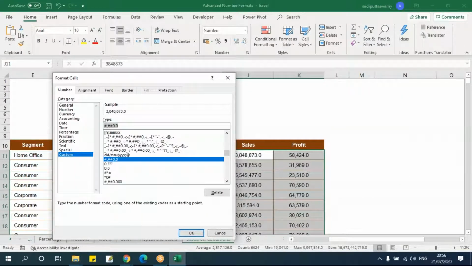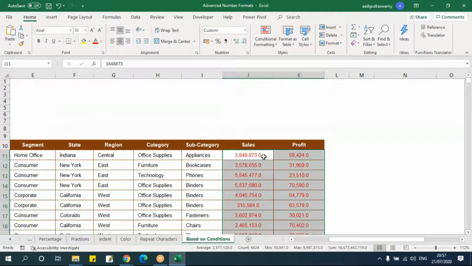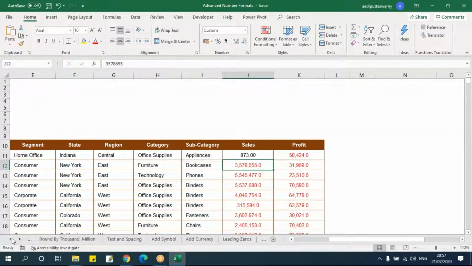That is, we saw that greater than 5000 something we saw. The same thing should be red, and hash comma hash 0, then negative or say condition hash comma 0. All are actually greater than 0. Let me just make it some smaller value. So we saw this example. I forgot which sheet we did. This is for conditions.